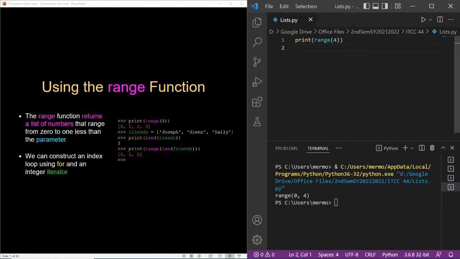What it probably means is that it would be a list of numbers from 0 to 1 less than the parameter. Okay? Remember, the parameter of a range would be an integer. So we could also use